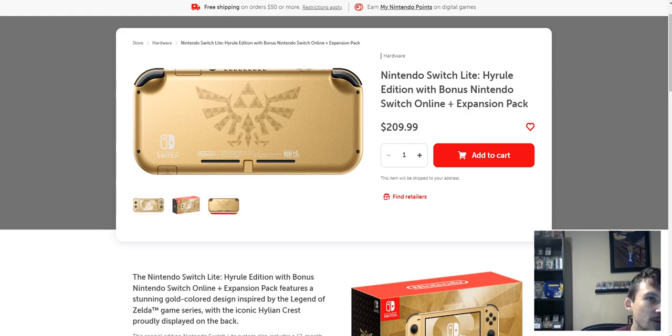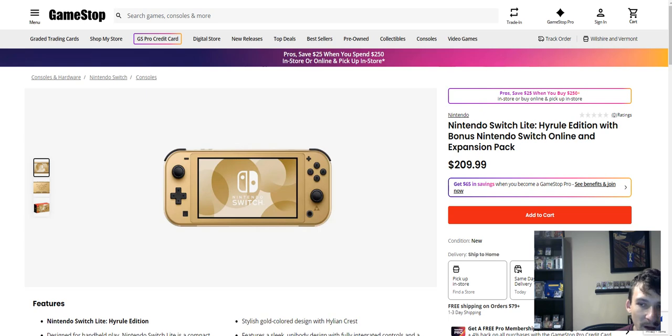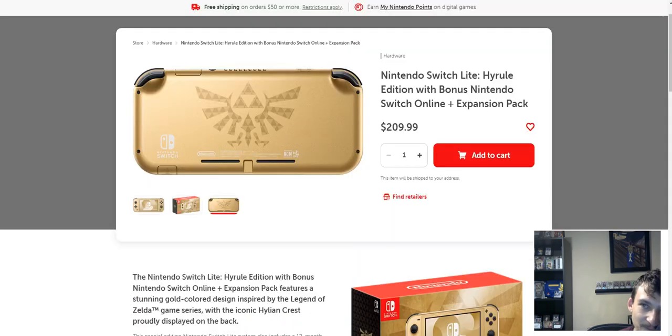Now, of course, this is available right here, Nintendo.com. It's also available right here at GameStop.com. It is also available at Best Buy. It's also available at Target, right? So at this current point, in September of 2024, it looks like this is a flop. It looks like this is just a dead product, dead inventory. Didn't sell too well. But what intrigues me about this product is, again,